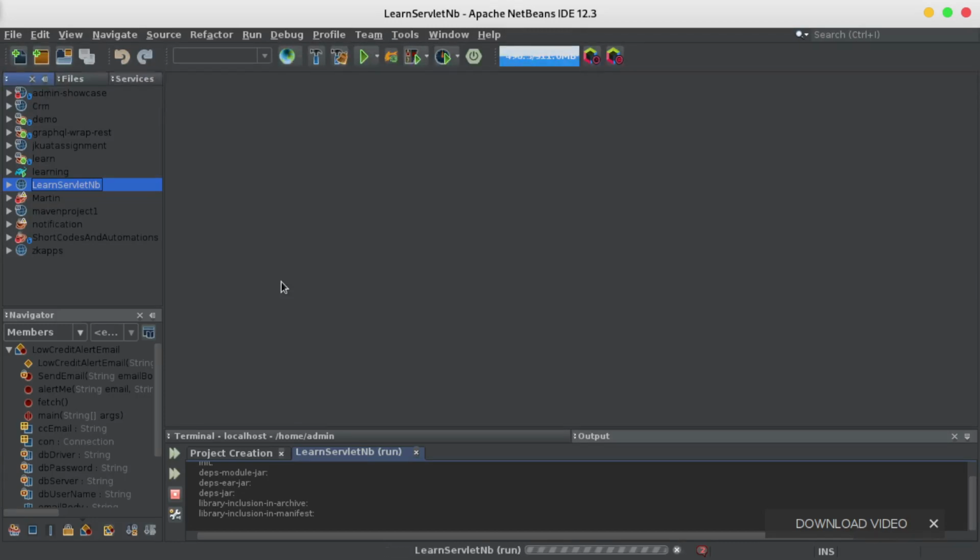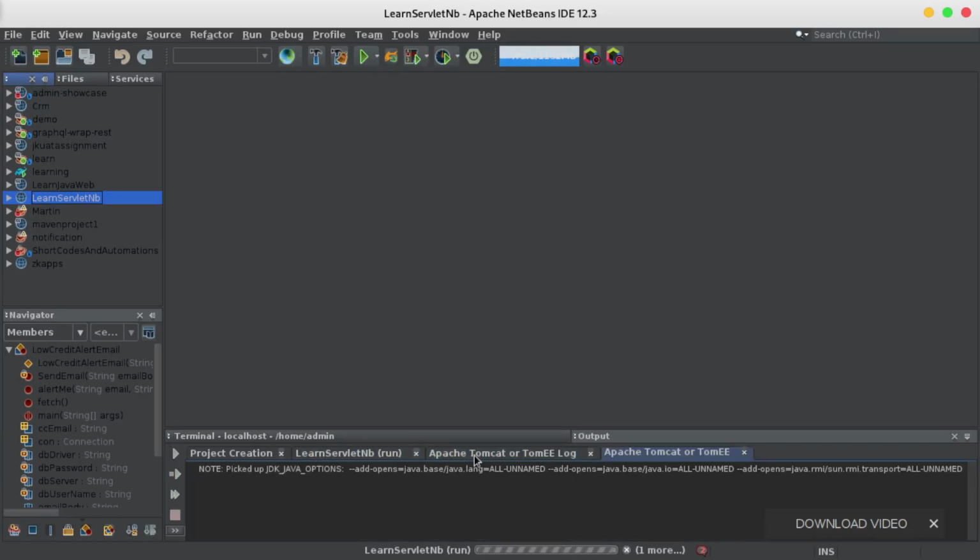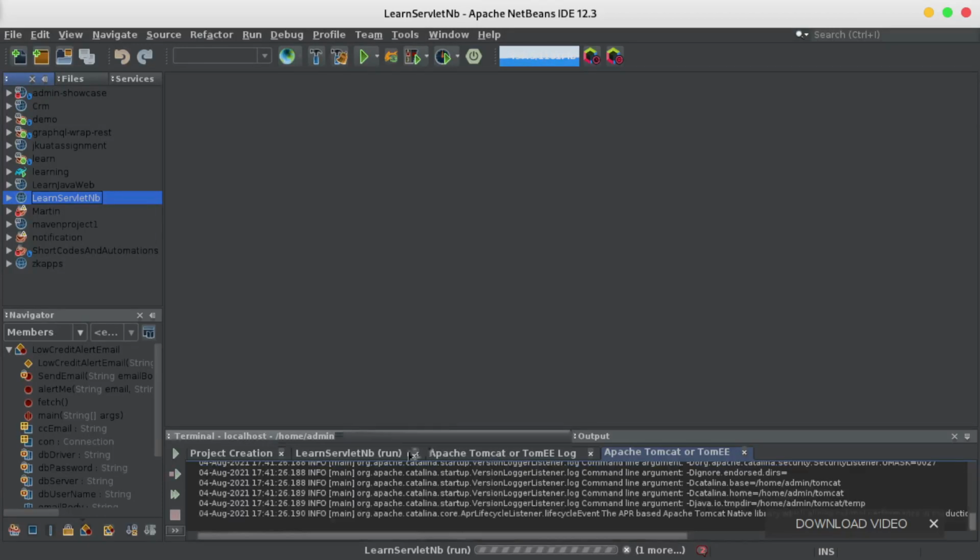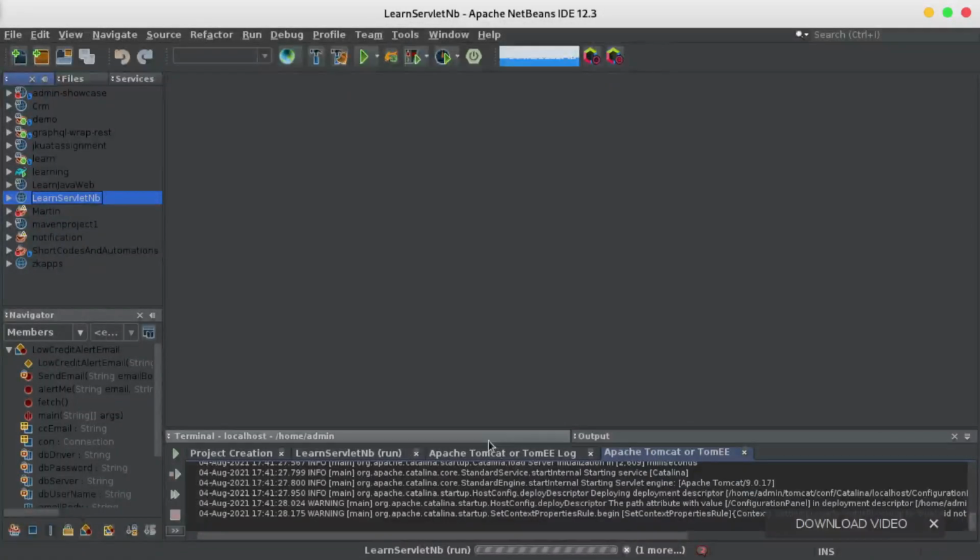I hope that's clear. It is going to run on Tomcat, because that's the server that is going to serve our pages. You can see down here it is going to start Tomcat. It has added some Tomcat tabs down here. That's another advantage of NetBeans. It is going to start everything for you automatically, but it's also good for you to learn how to start Tomcat on its own, not when it is integrated in NetBeans, but on its own.